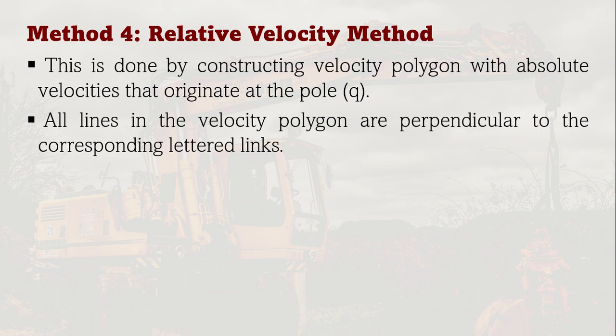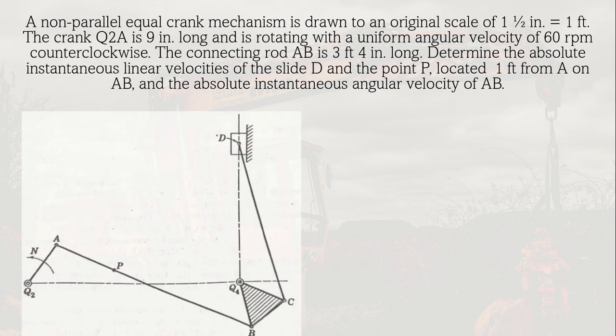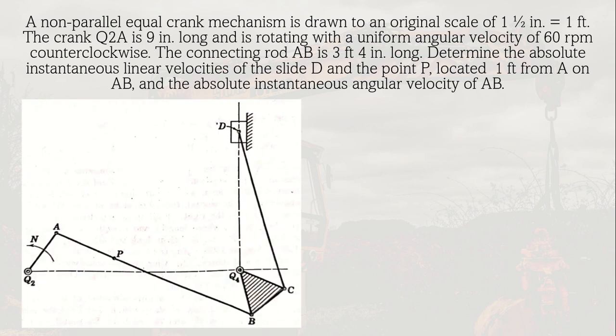The term here is the velocity polygon. So we will construct a velocity polygon, and the lines in that velocity polygon are perpendicular also to the actual links. Say for example, you are given a problem with a non-parallel equal crank mechanism, which is drawn to an original scale of 1 inch equals 1 foot. The crank Q2A is 9 inch. So this crank here, Q2A, is 9 inch